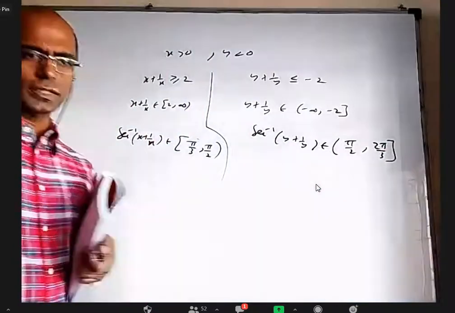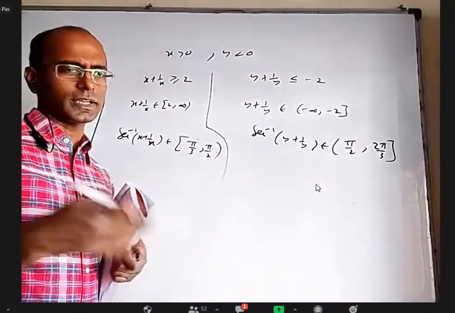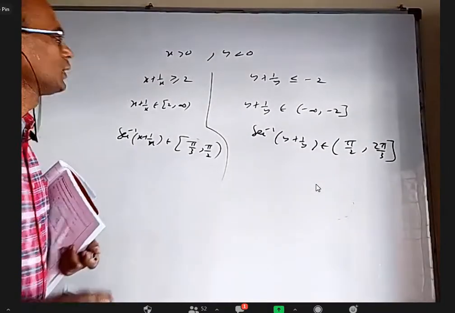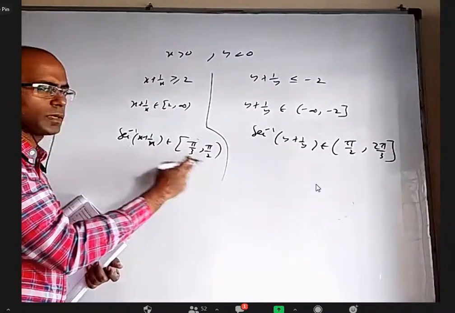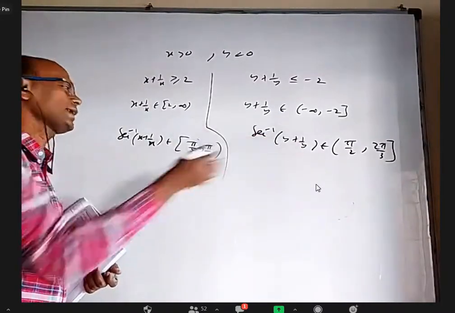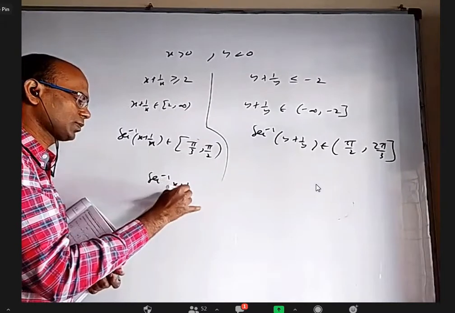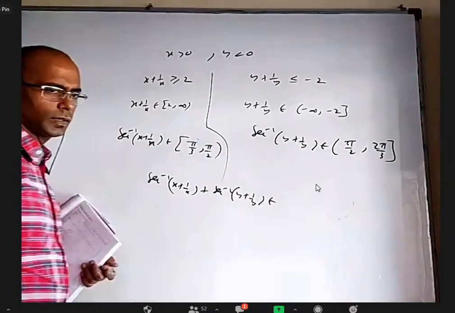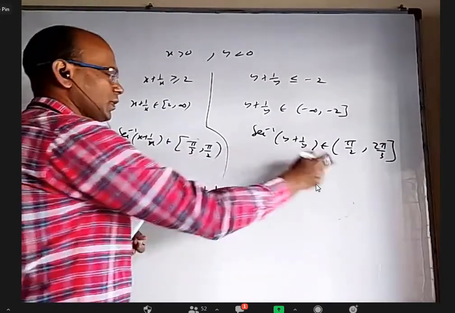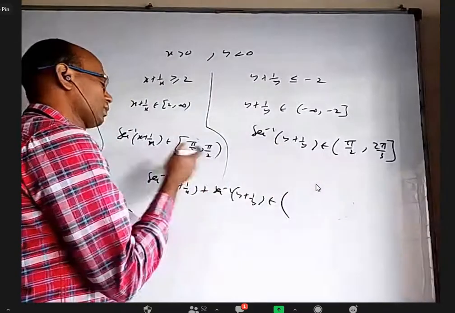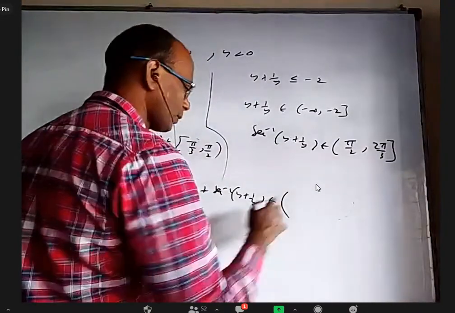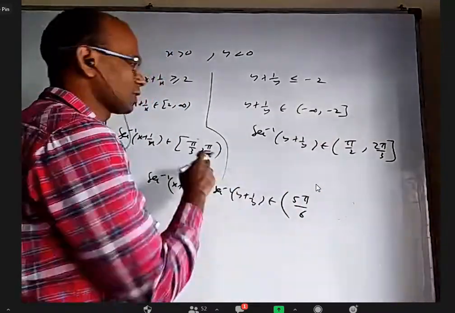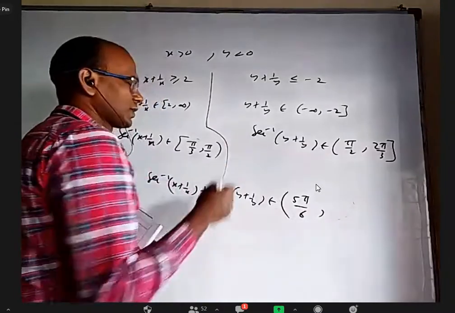So x and y are independent. Only thing is that when x is positive, y is negative, and when x is negative, y is positive. But otherwise, x can be any positive number and y can be any negative number, vice versa. So if you take x any positive number, the secant inverse value will keep on oscillating between these two. So when you add them, secant inverse of x plus 1 by x plus secant inverse of y plus 1 by y, what is the range? This minimum and this minimum, if I add, I'll get open 90 plus 60 is 150, which is 5 pi by 6. But open because one is open, one is closed. Even the right side will be open because this is pi by 2 and that is 2 pi by 3. That is 7 pi by 6.